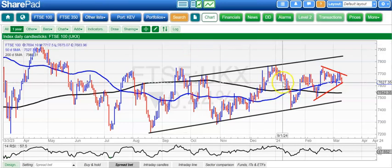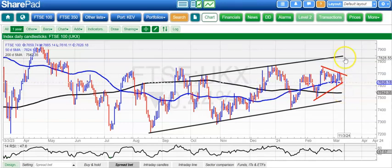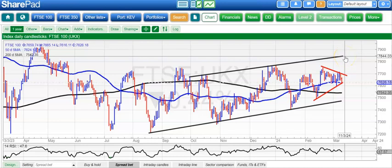March. Starting with the FTSE, we're back at the 50-day moving average. We're back at the floor of that symmetrical triangle there at 7,630. Below that, we're looking for the 200-day line, 7,540. Otherwise, a break of 7,700 would take us up towards the top of that rising trend channel from back